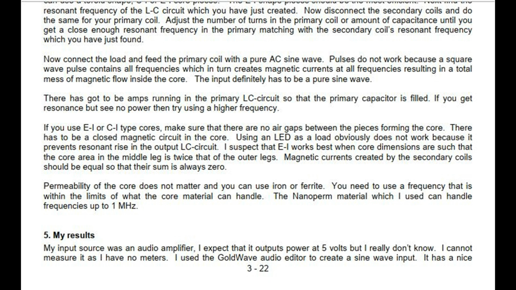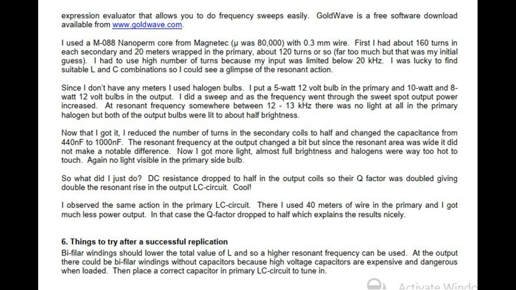5. My results. My input source was an audio amplifier. I expect that it outputs power at 5 volts, but I really don't know. I cannot measure it as I have no meters. I used the Goldwave audio editor to create a sine wave input. It has a nice expression evaluator that allows you to do frequency sweeps easily. Goldwave is a free software download available from